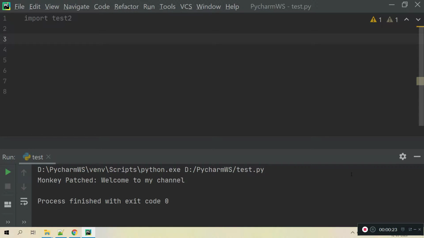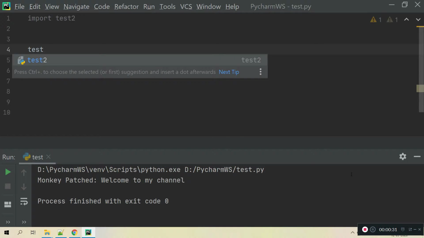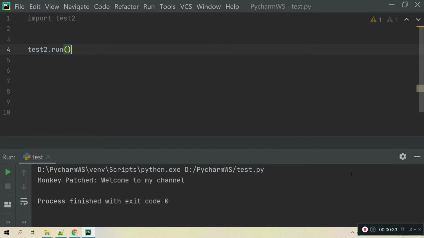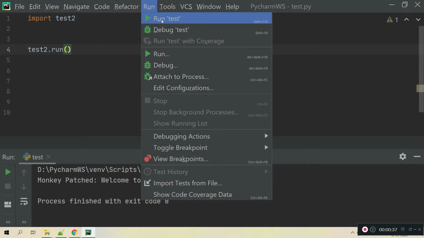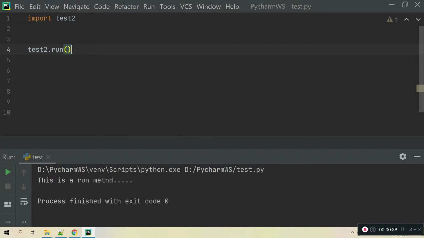Here I will show you an example. Let's say I have one file, test2, and there I have a method. Calling test2.run will give the output something like this. This is a run method, and I want to change the behavior dynamically.